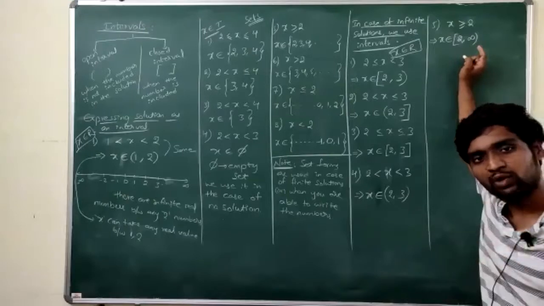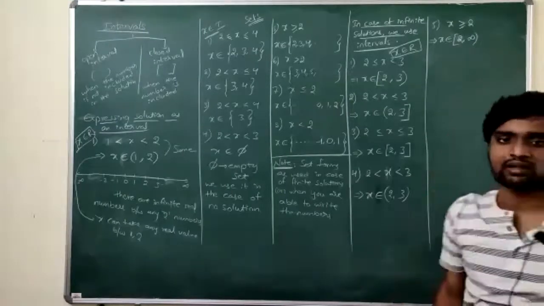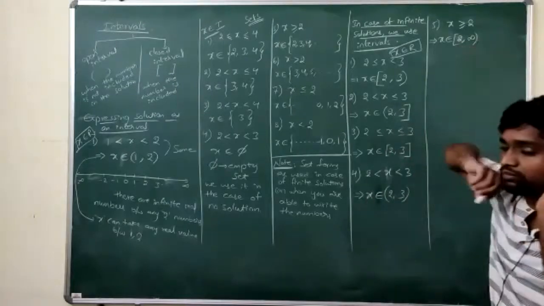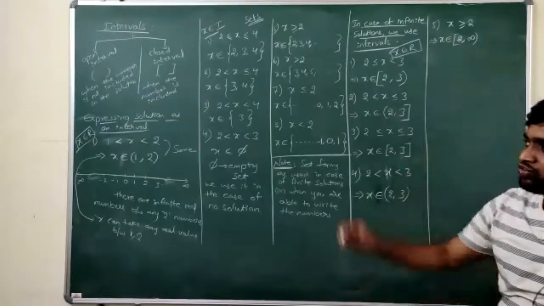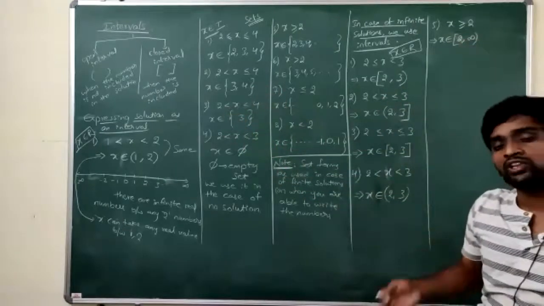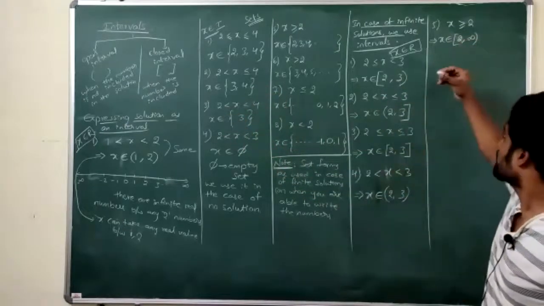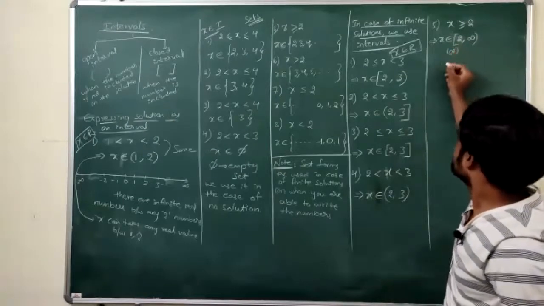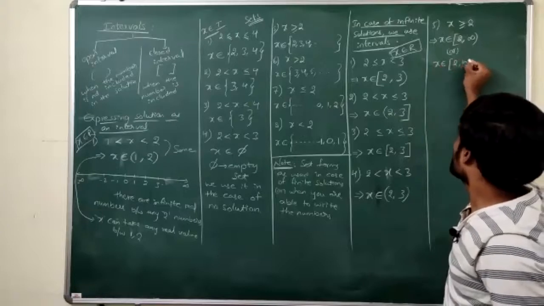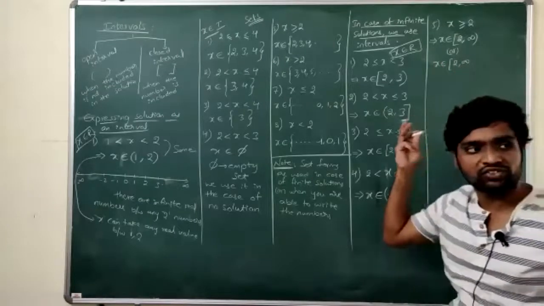Including infinity means I know the number infinity, but infinity is not a number, which means I don't know what I'm going to write here. So that's why I'm using an open interval. Closed interval means you have to include the number, but infinity is not a number. How can you include it? So open interval, or simply x belongs to 2 comma infinity. No need to use any brackets